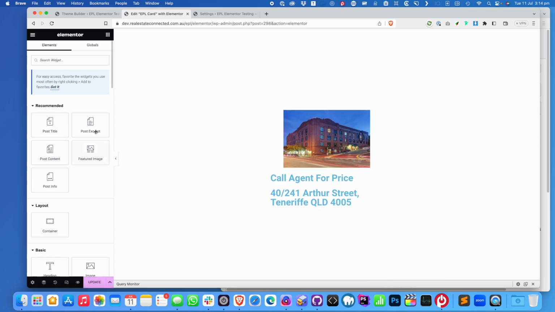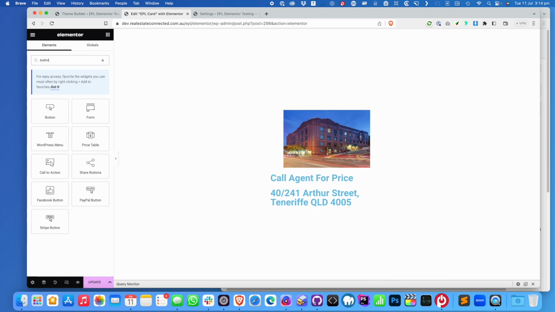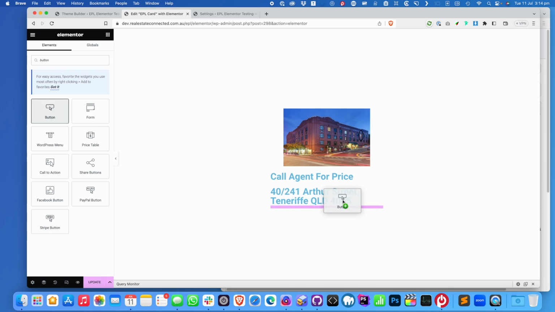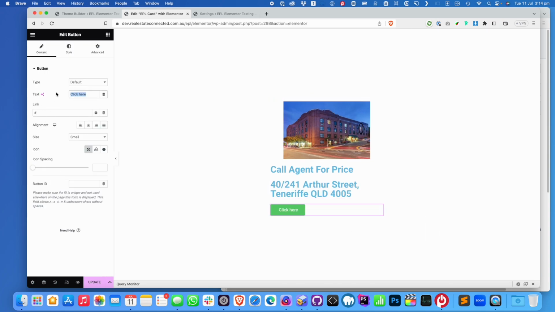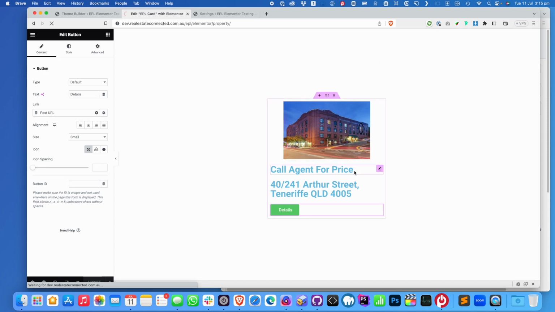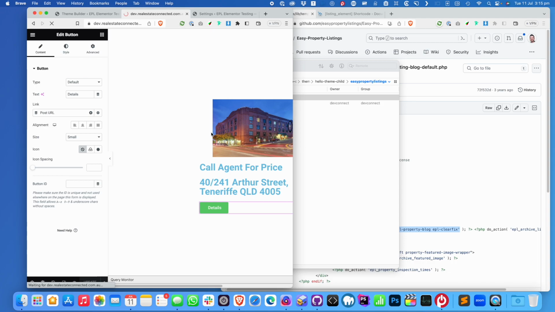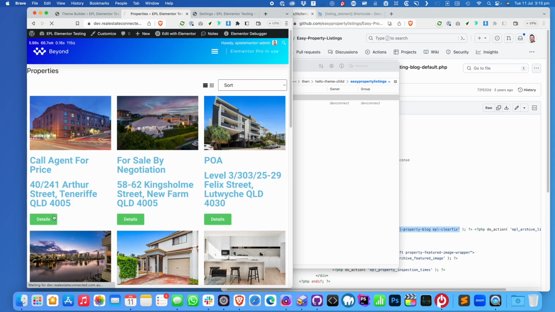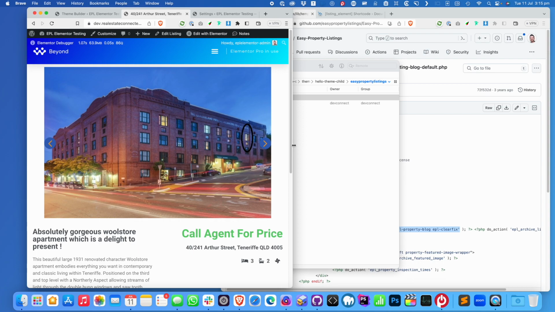So let's add a button or something. And details. And the link can be this button, dynamic, and say the post URL, update. And back to the property page. And go to details, and there we go. So that's how you can work through